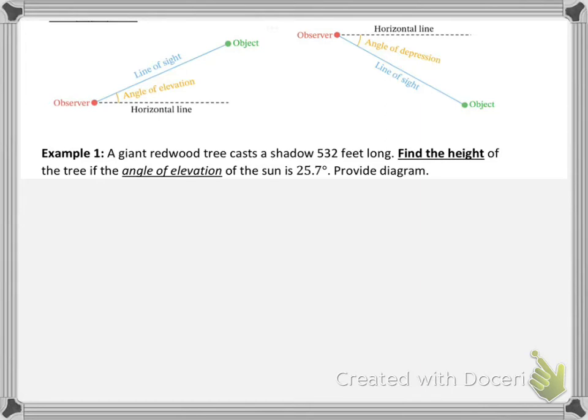Example 1 has a picture of a giant redwood. The giant redwood tree is casting a shadow of 532 feet long. We need to find the height of the tree if the angle of elevation of the sun is 25.7 degrees, and then we are to provide a diagram. So what are we going to do? Well, first of all,